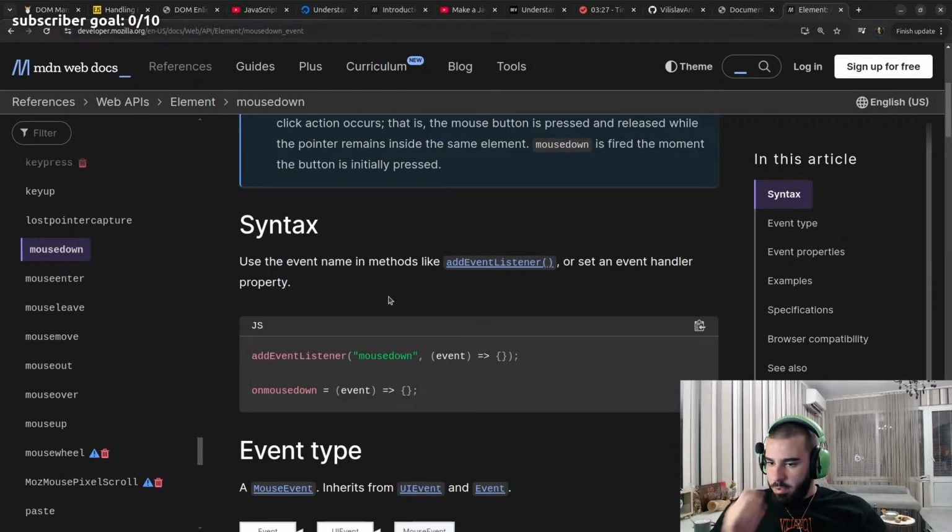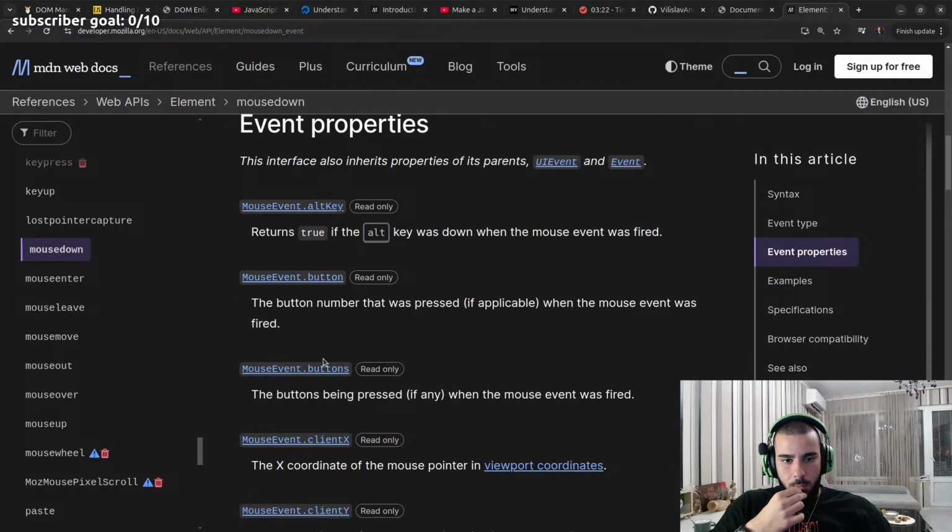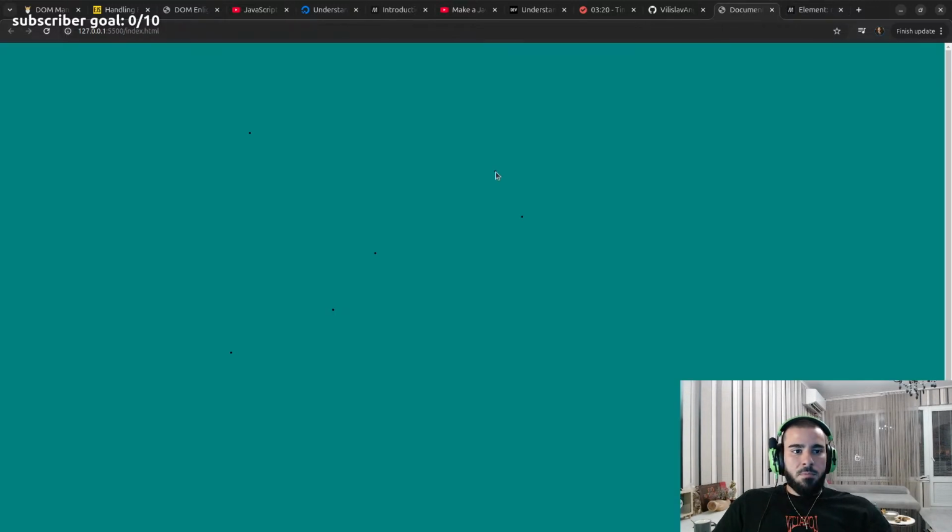It kind of doesn't work in a loop, so I'm curious how can we make this work. Just spam dots the whole time while our mouse is clicked, so we can actually draw anything, because right now we just place a dot